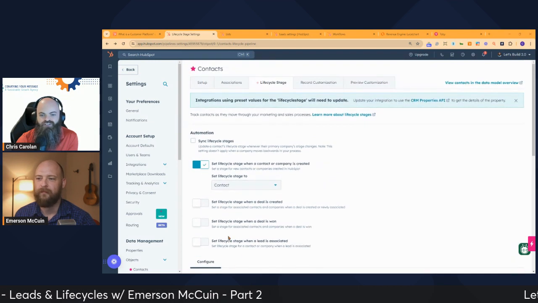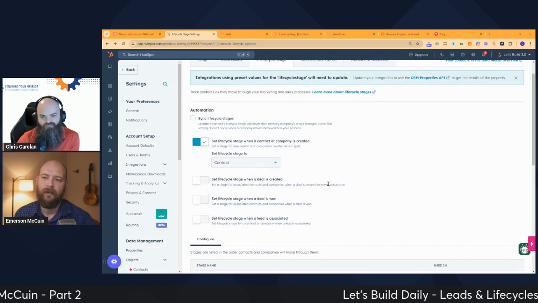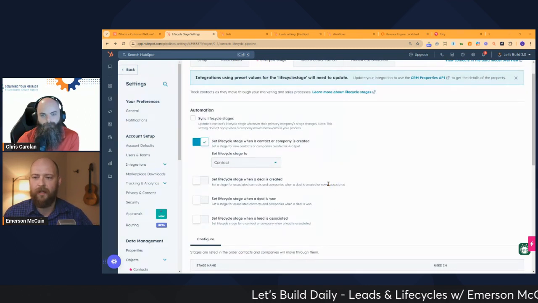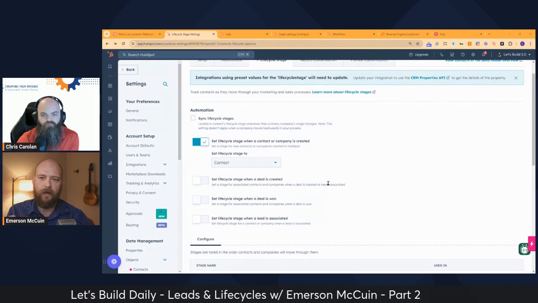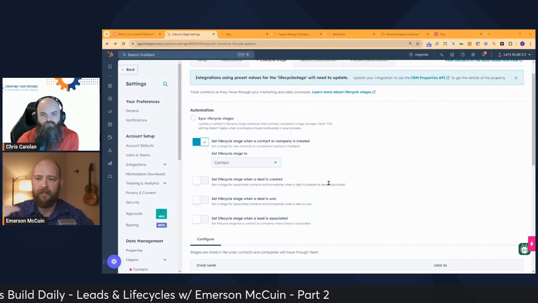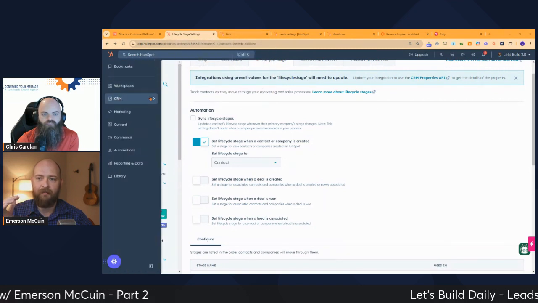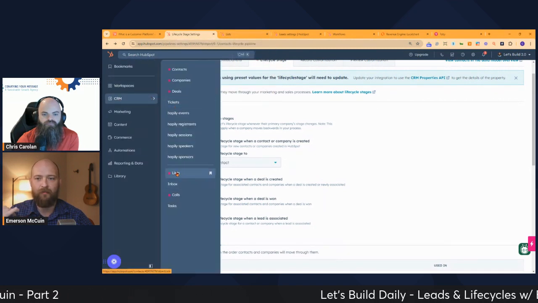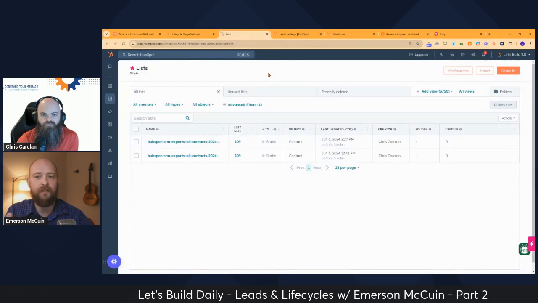Yeah. So we turn those off. Now where do we go? Yeah, so there's different trains of thought. Ultimately we want this managed through workflow, but I do an extra step and I create criteria lists for each of these lifecycle stages that allows me to make sure that I'm building properly. I can see what contacts and companies are falling into the lifecycle stage lists that I build.